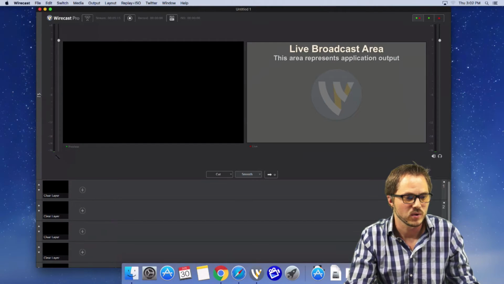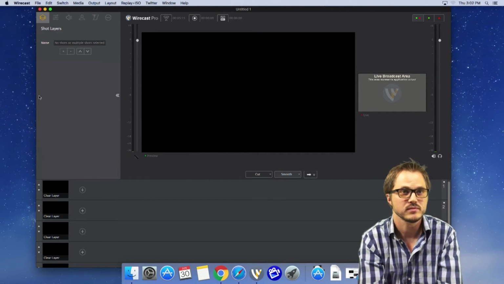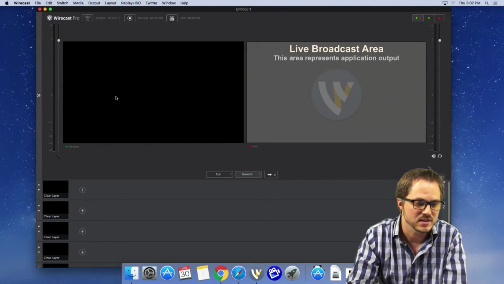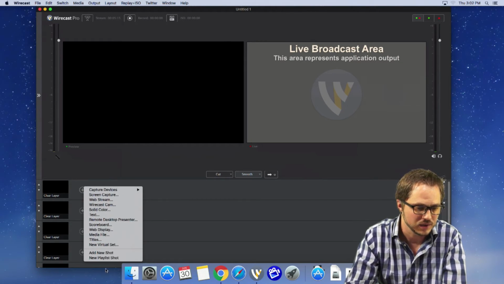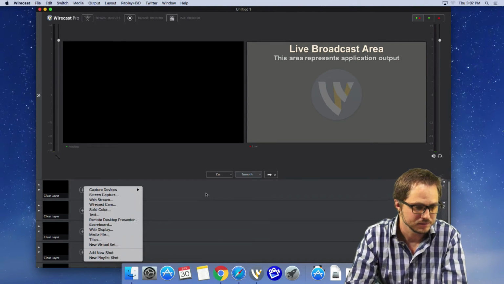Well, this is where we've tucked the new shot editor. So just clicking this expands the shot. If you have a shot here, and say we add a media file of some kind, we could add